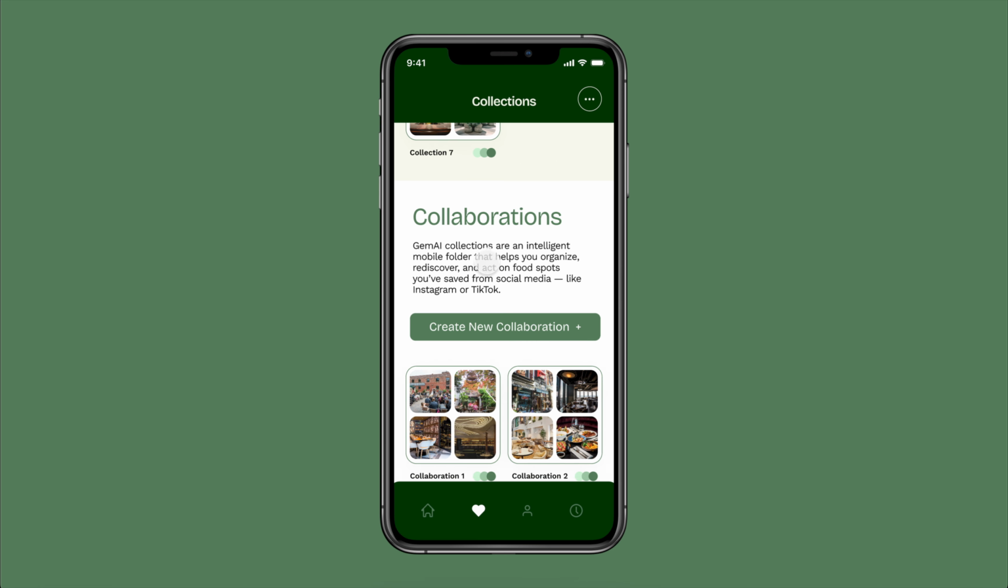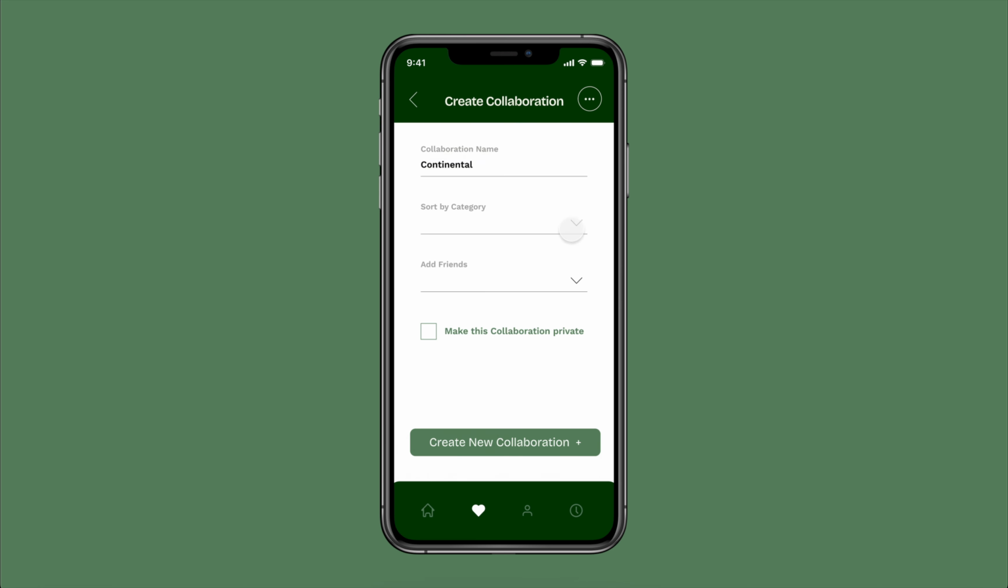Similarly, we could do this for collaborations as well. Clicking on create new collaboration will allow you to choose categories. For example, let's filter by price in this case. And because we're doing a collaboration, meaning we'll have to do it with another user or friends in this case, let's pick